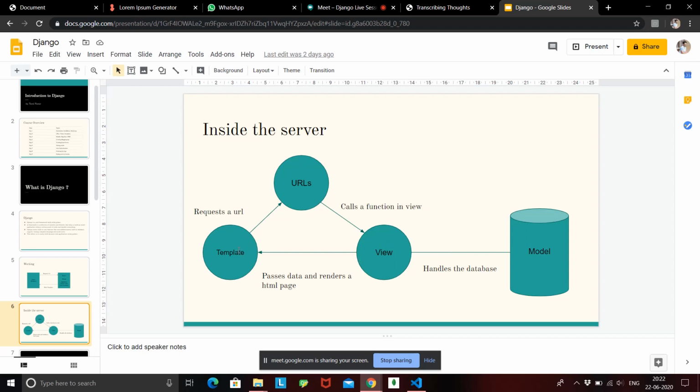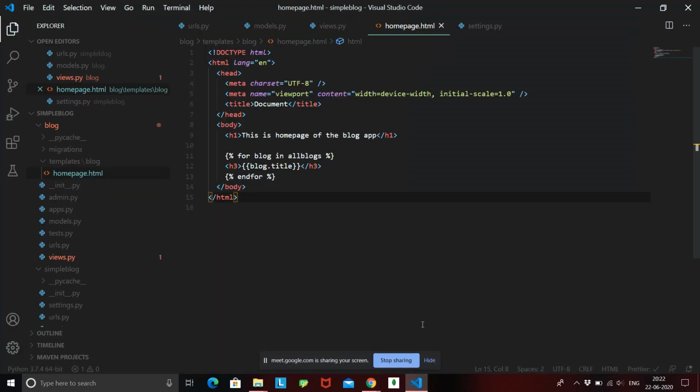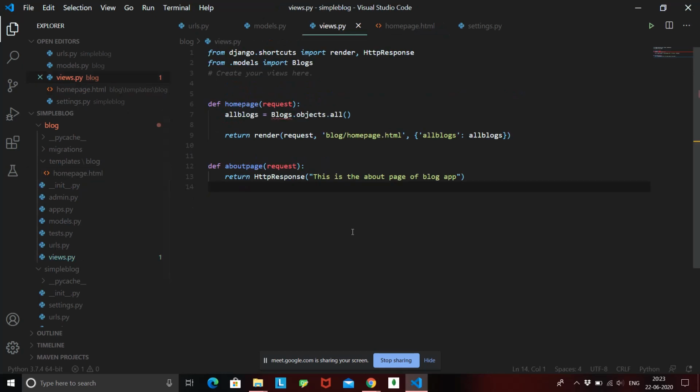Template will only render whatever data a view passed to it. So inside our views.py, first of all we imported that model using from dot models import blogs. Then we collected all the objects that were present inside it, and we passed that list of objects to our homepage.html.